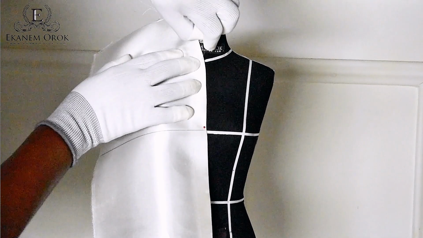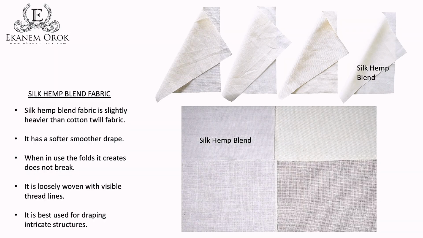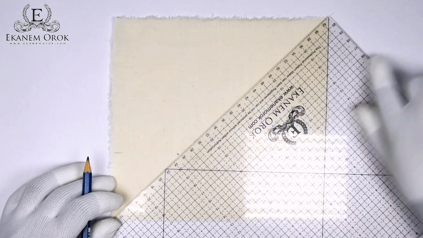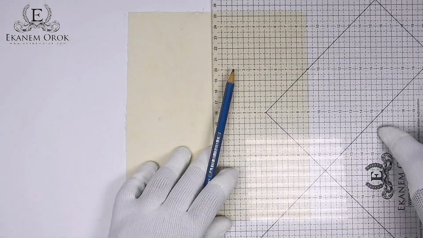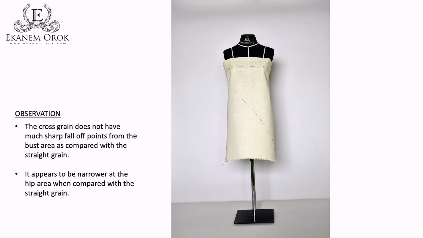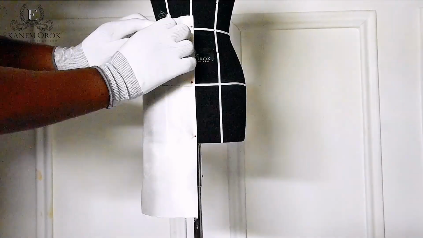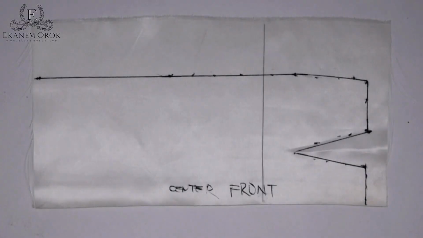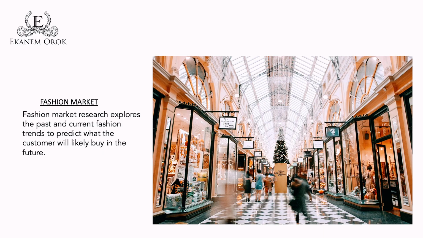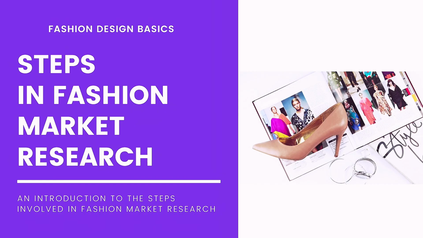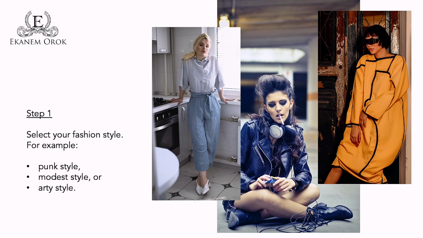In section 8, you'll learn about the basics of draping, types of fabric draping, techniques of draping, blocking fabrics for draping, finding grain lines on fabrics, draping the 3 grain lines, draping basic blocks on the mannequin, tracing, and truing the basic garments. In section 9, you'll learn about fashion markets, fashion market research, fashion market sector,